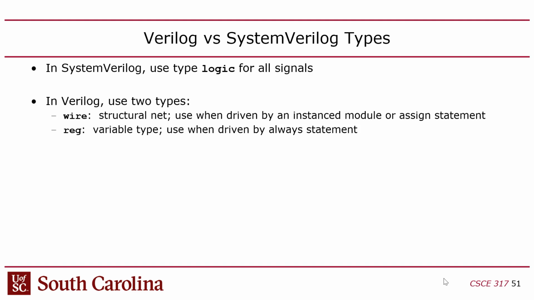And we use logic in SystemVerilog. But in Verilog, they don't have logic. It's split between two types, wire and reg. And they're both the same thing. They're both a signal, and they correspond to wires on the FPGA. The only difference is that you declare something as a wire if it's going to be driven by structural Verilog, like another module that you've instanced and connected to an output port, or an assign statement, and use a reg for anything that's driven by an always statement,